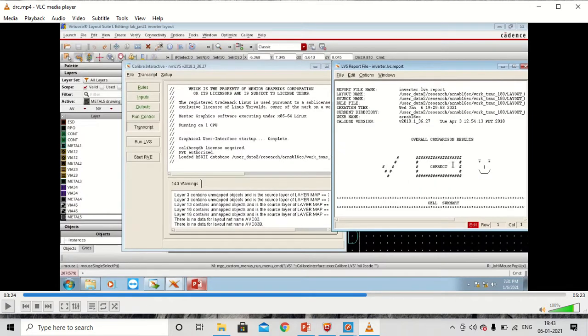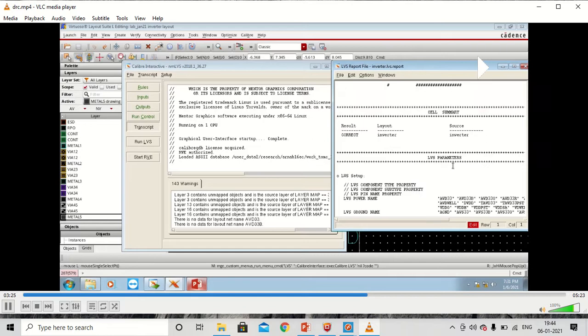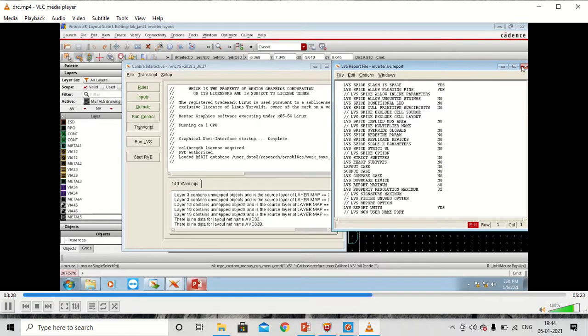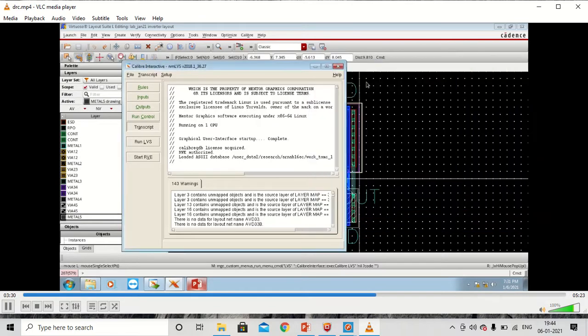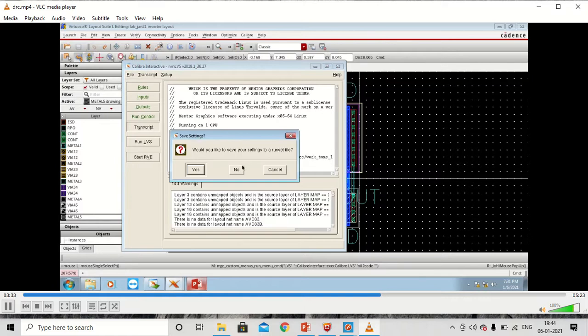So after LVS, the next step is to do parasitic extraction. So parasitic extraction is from the layout, since there are multiple metal lines running parallel, so there will be some parasitic capacitors. The metal lines will have their own resistance. So what we'll do, we will look at the parasitics which are formed due to the layout. In order to look at those, we'll do the parasitic extraction, similar to LVS, and this is the LVS run file. So it gives the report of the LVS.